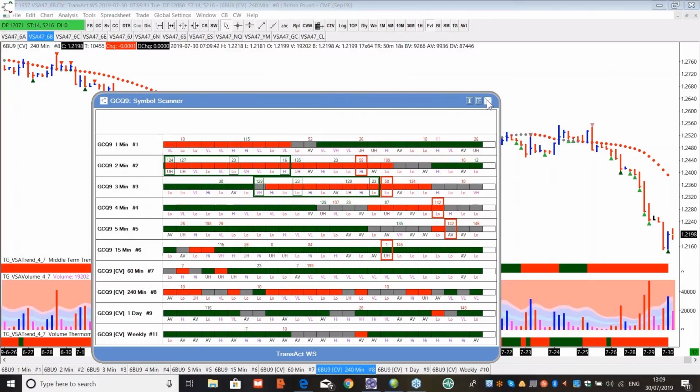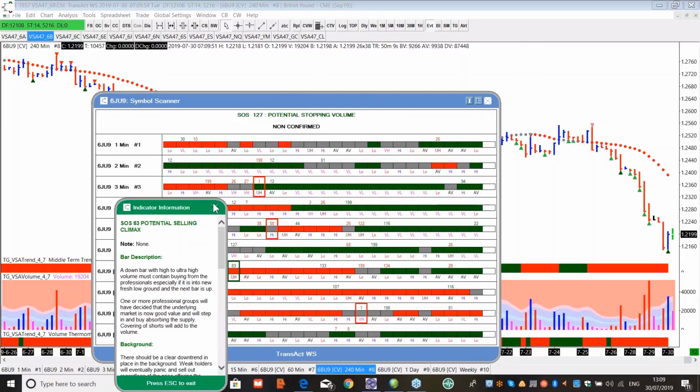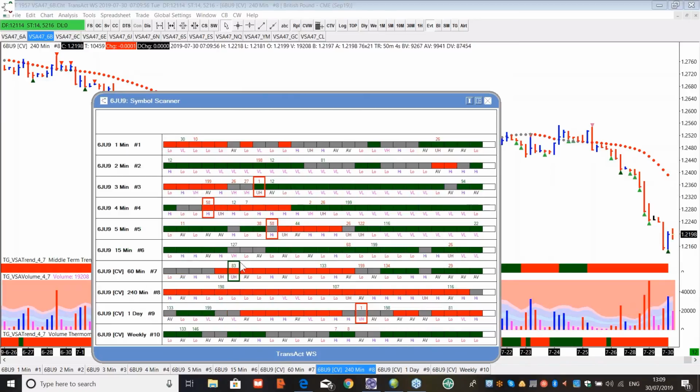So what I'm going to do, we just close that one down. Same on the Japanese yen. We've got trend alignment on all the small time frames. And over here, on the 6J, we've got a selling climax. That happened last night, and then it began to move. Okay, I've got some alerts just come in. Just bear with me, I just need to check these. Okay, it's Japanese yen, so not surprising. So the 6J is very much a potential to the long side at the moment.